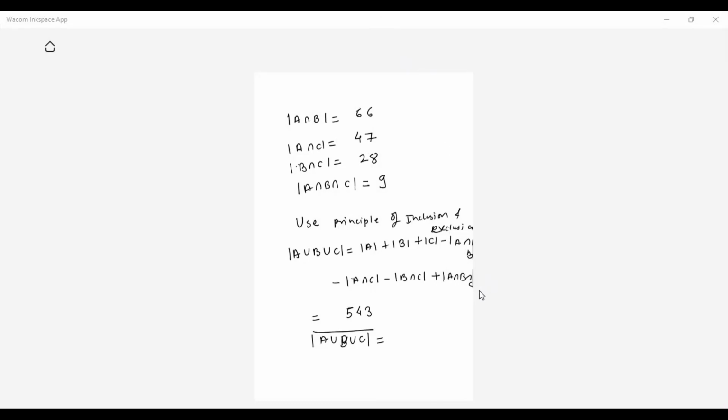Yes, perfect. U minus 543. So what is U here? In this case, U is 1000, minus the cardinality of A union B union C, which we have got as 543. So the final answer that we will get is 457. I hope everyone has got 457 as the answer. Perfect. Very good. Now you are getting the confidence to solve problems based on the principle of inclusion and exclusion. If you solve on your own, definitely it is going to help you, student.